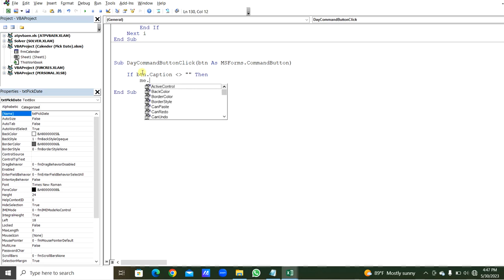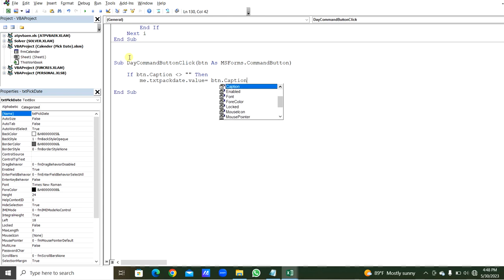The text box name is txtPickDate.value. We are going to assign the date as button.Caption, then it will be the day, then